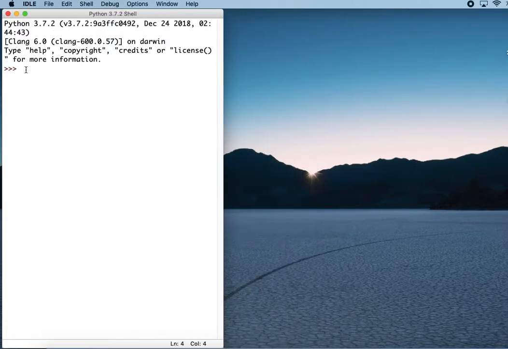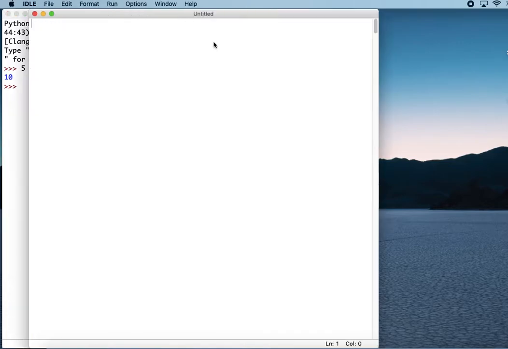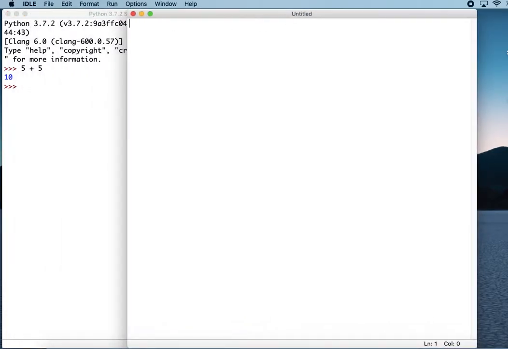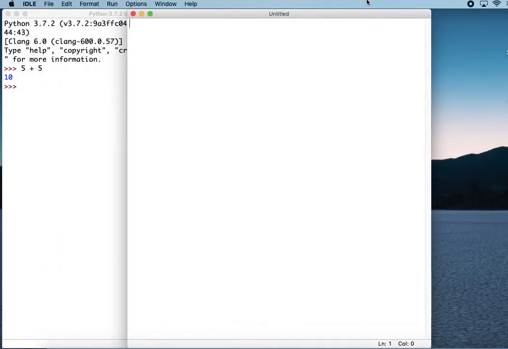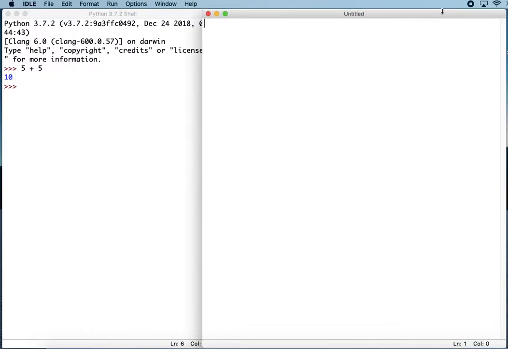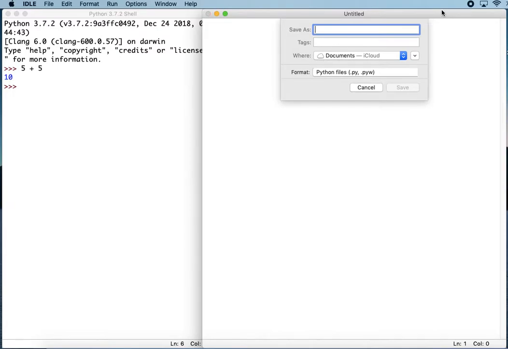So the Python shell is just a place where you can type in quick statements like maybe 5 plus 5 and get an answer back really quick. But if you want to type multiple lines of code and you also want to save it for later, you should open up a script, and the way you do that is just going to File, New File, and it opens something that's just a blank page, looks kind of like a Word document, and that's where you can type in multiple lines. So I'm just going to save it,